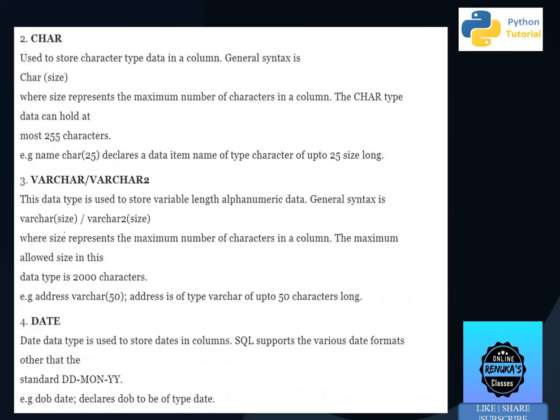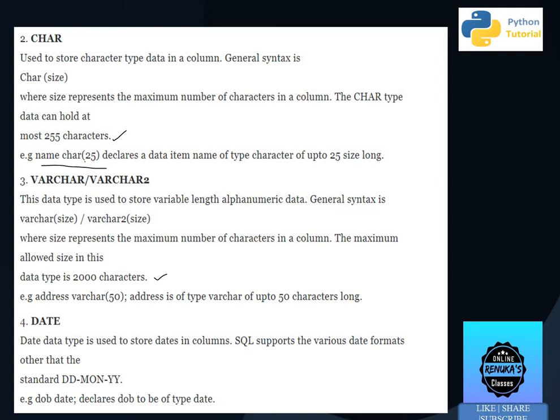Then char and varchar, both are used to store character type data. The range can vary, like here you can store a maximum of 255, here you can store a maximum of 2000. One more difference is that if you fix char 25 for name, then name will have 25 blocks with it.